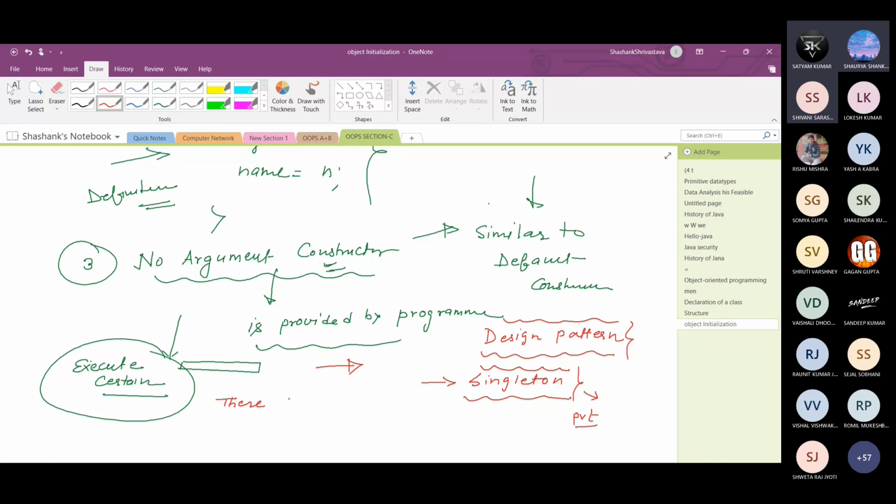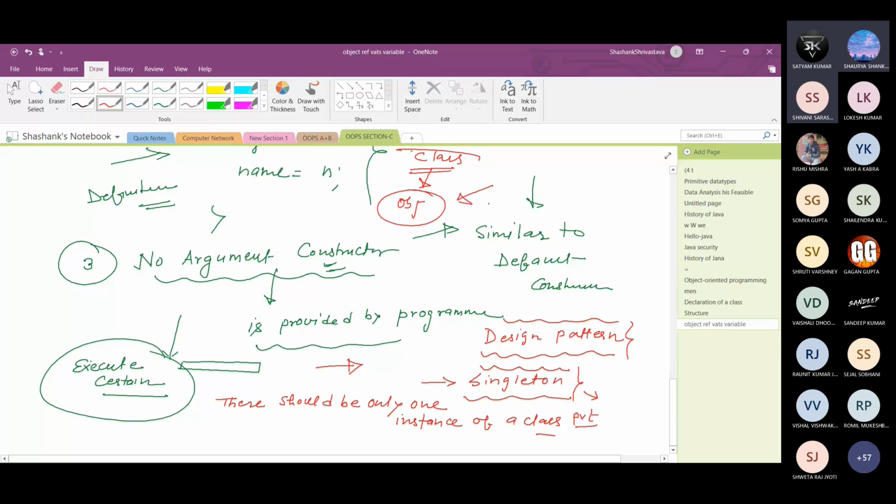तो in that particular case private constructor can be used. There should be only one instance of the class in order to create a restriction of object creation. Means if I create a class और हमने कह दिया अब इसका एक ही ऑब्जेक्ट बनेगा, then the second object cannot be created. एक ऑब्जेक्ट बन गया, then you cannot create another object. In that particular case, private constructor can be used. Okay. So this is the significance of private constructor.